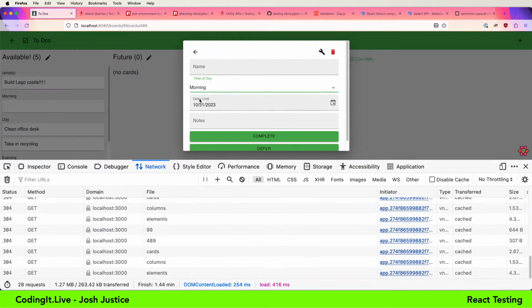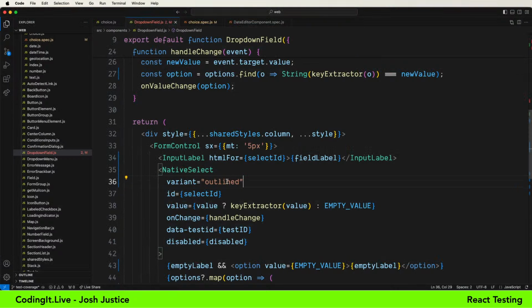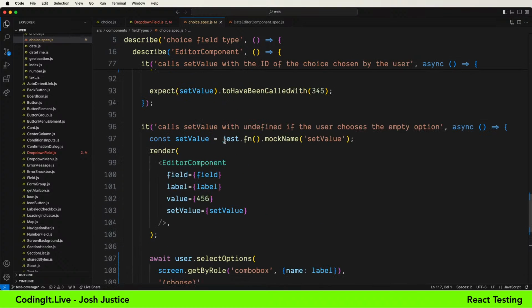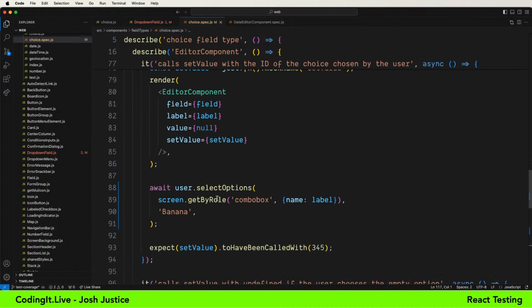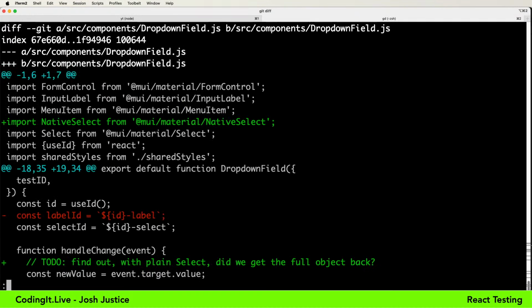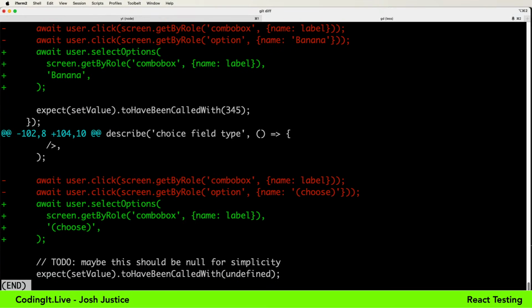I mean, I do want the UI to look consistent, but this at least illustrated what it looks like to change implementation. Changing to another component, in this case, required changes to the assertions a little bit, but still overall the edge cases were covered, and it caught something that was not being mapped correctly that we would need to change. I think I am going to roll those back though. Yeah, native select. Let's not go with that.